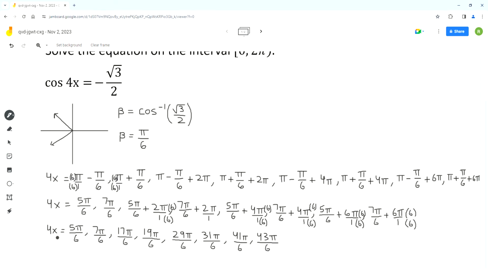Now we have to change this 4x to x by dividing each term by 4. So we'll divide each of these values by 4. So the 4's on the left side cancel each other out. Now we have to divide each fraction by 4. So we can write the solution here. So x equals,